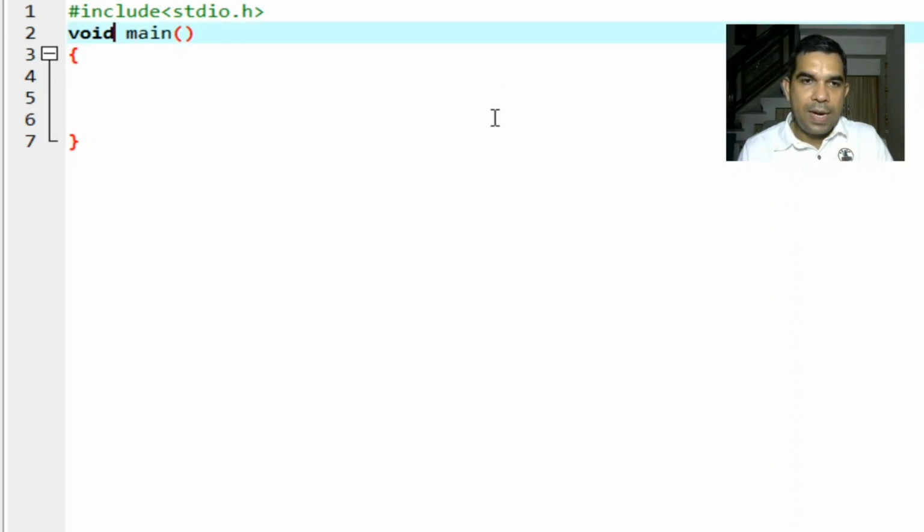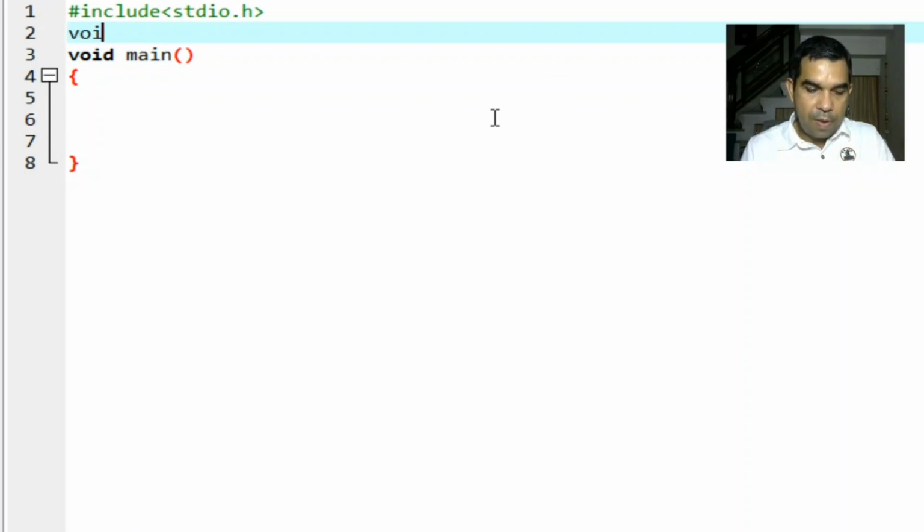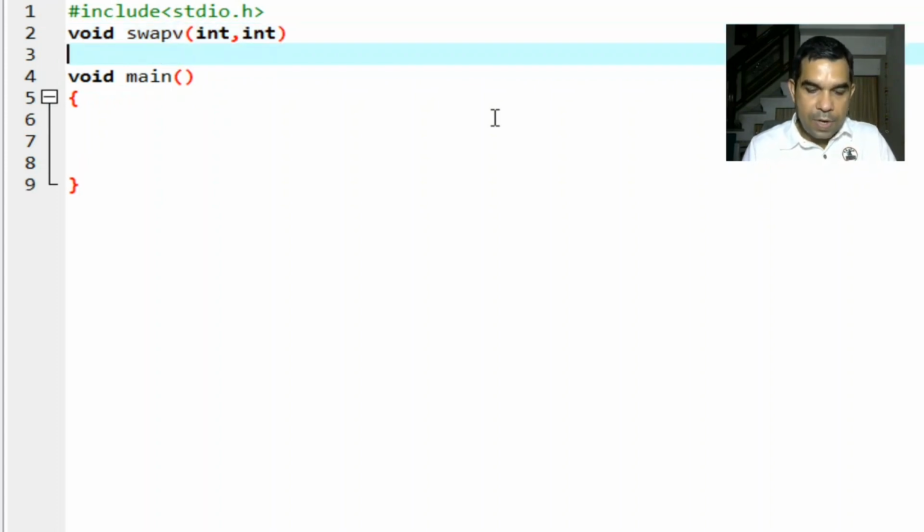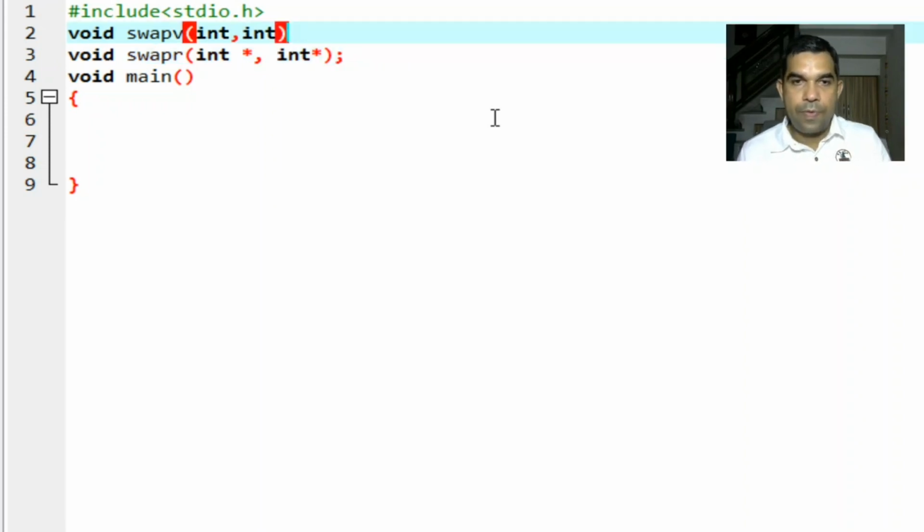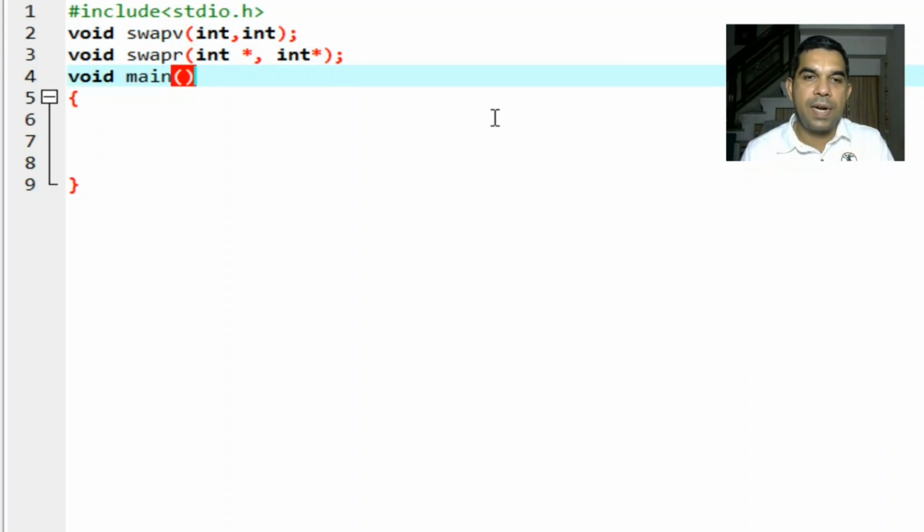So now let us declare functions. We will make a program for swapping. void swapv(int, int), and another function void swapr(int *, int *). We put semicolons after the function declarations.